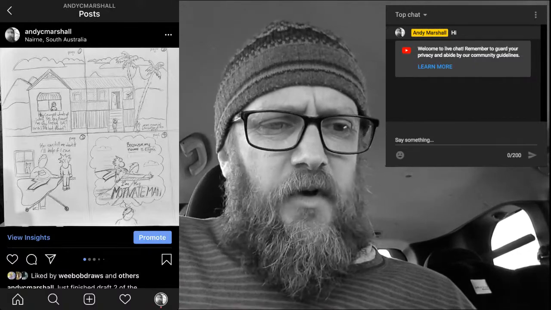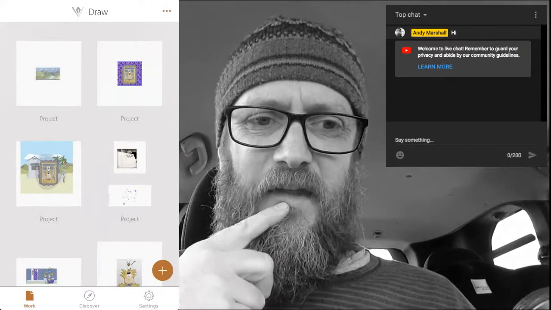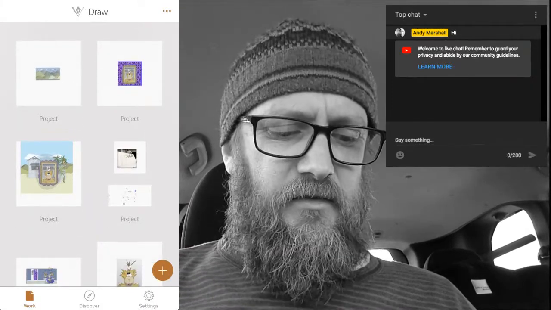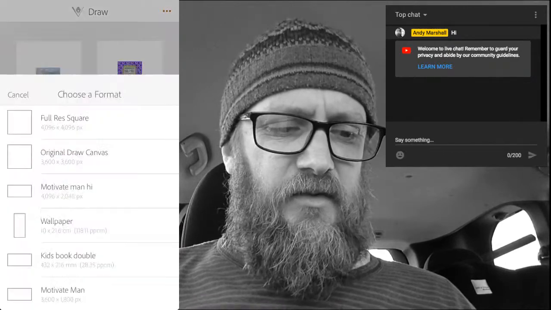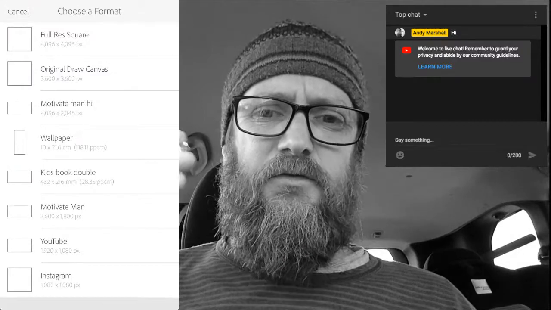So I'll move over to Adobe Draw, and I'm trying to be a bit more professional, not going all with my mobile screen in between things. So here I am in Adobe Draw, and I need to set up a new project. So I hit the plus sign down the bottom here. Now I've set up about the highest resolution